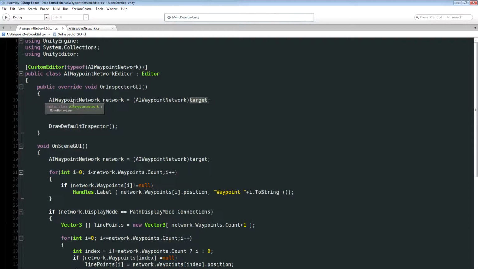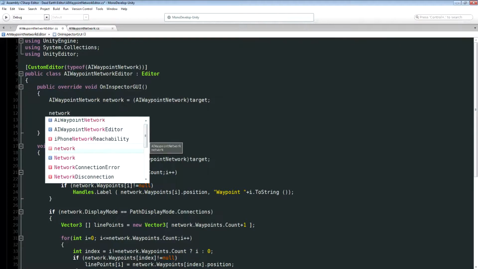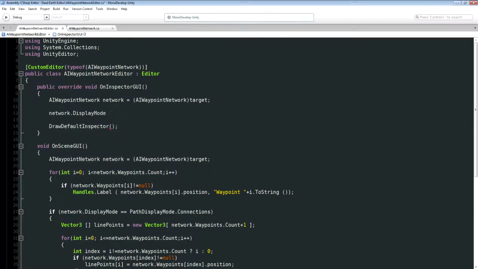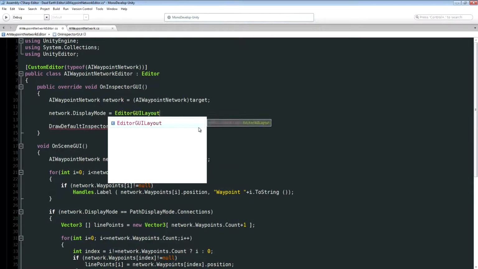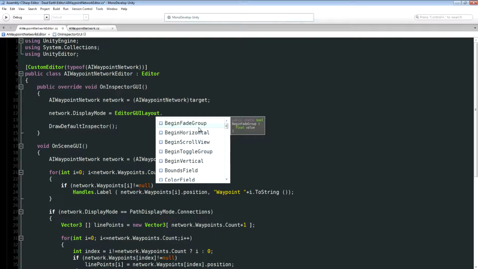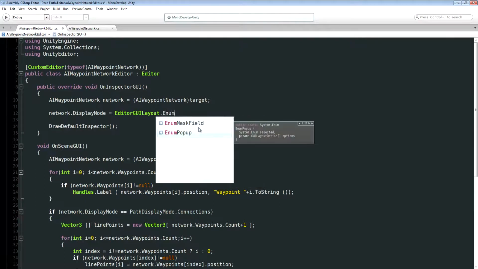But there's plenty of information in the Unity manual under the editor class that shows you how to do that. But for me, this is just such a simple class, we really don't need multi-object editing or really support for the undo system. So I'm just going to use the target. And the first thing we're going to do is we're going to say network.displayMode equals, and then remember we use that EditorGUILayout class, and we're going to use the EnumPopup